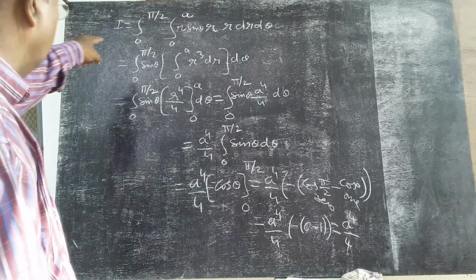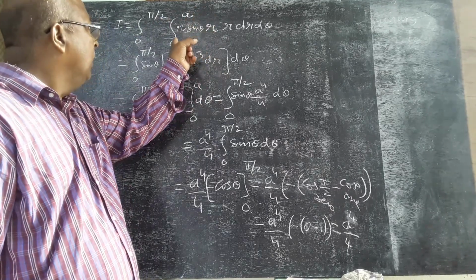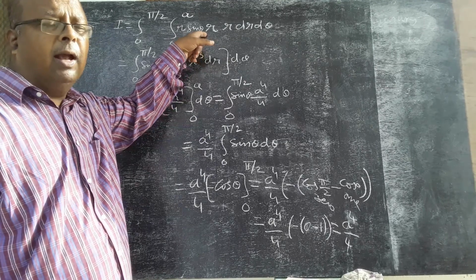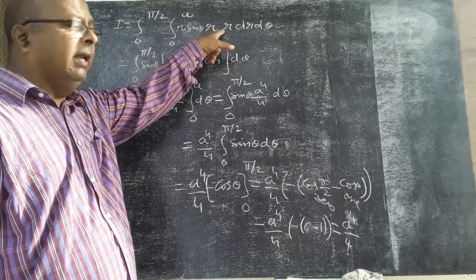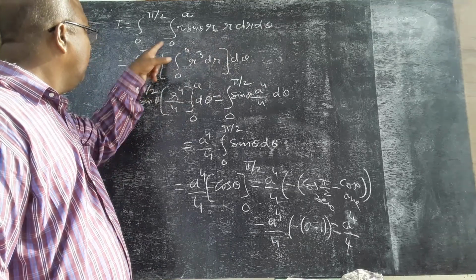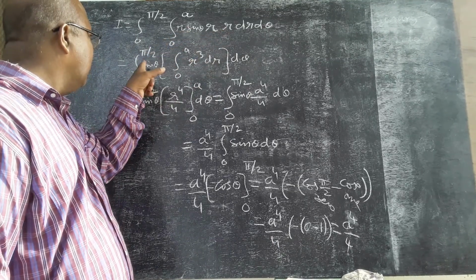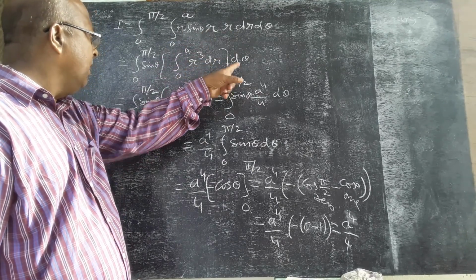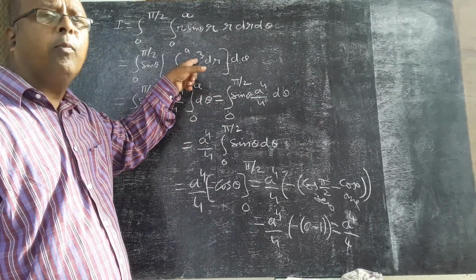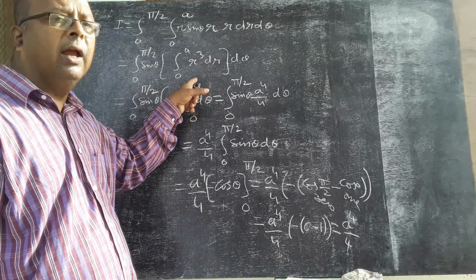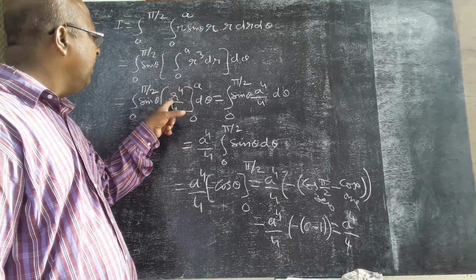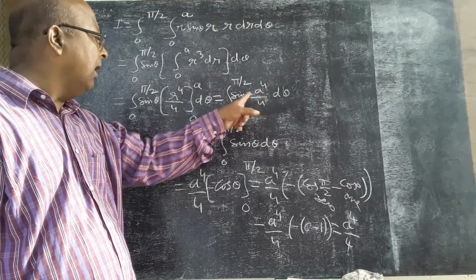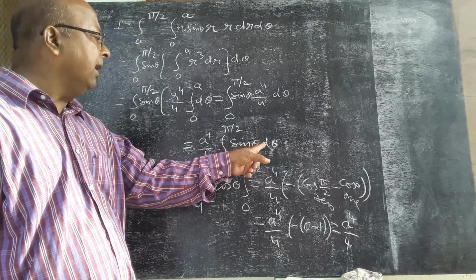So I is equal to integral 0 to pi by 2, 0 to a, y means r sin theta, root of x square plus y square is r, dx dy is r dr d theta. So with respect to r, sin theta is constant, take it common, integral 0 to a, r cube dr d theta. R cube integration is r power 4 by 4, from 0 to a. Substituting upper limit and lower limit, a power 4 by 4 minus 0, that is a power 4 by 4, take it common. Then integral 0 to pi by 2 sin theta d theta.